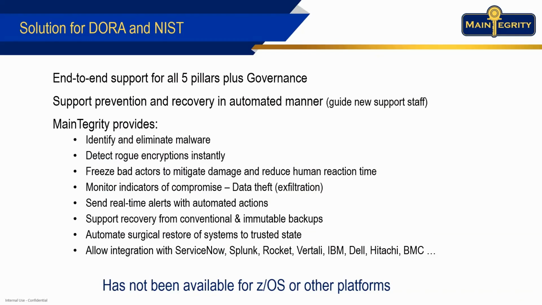So you get indicators of compromise at a much earlier time, so you can prevent attacks from taking place. The best recovery is no recovery at all because I prevented the attack. But if something gets started, we can freeze the bad actors at the instant they get started, or in fact, again before, because there are a number of things like getting authorization that aren't detected today that we'll see, and we'll freeze that user ID, do the suspensions that are necessary, protect your environment in a rigorous way that you can't